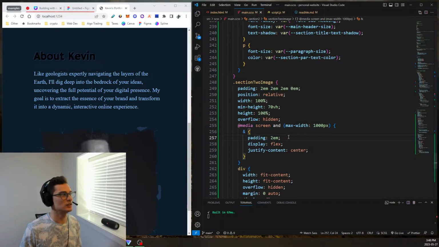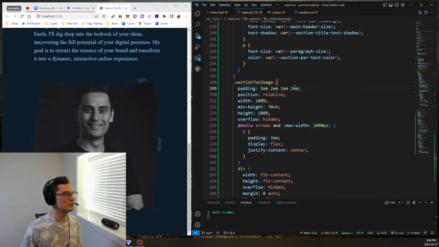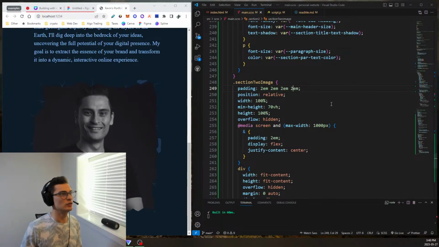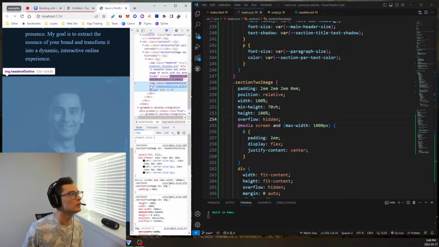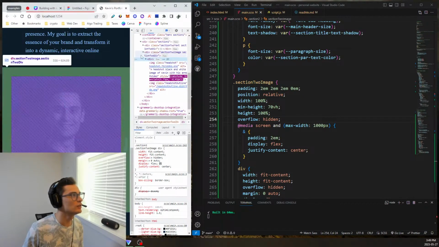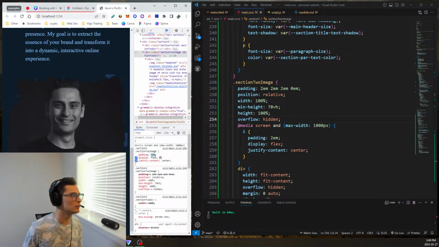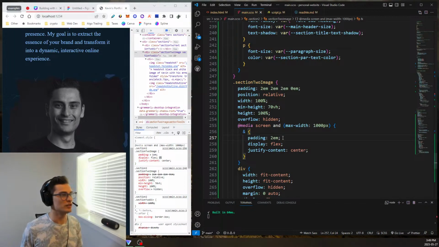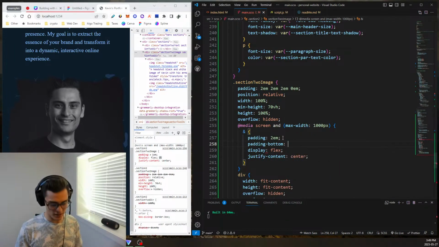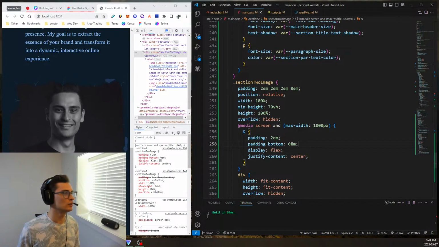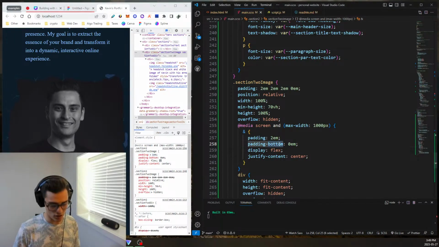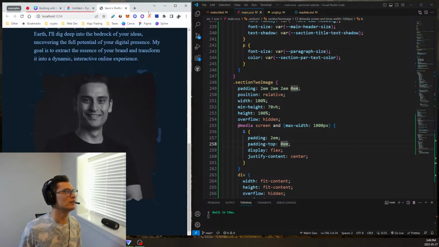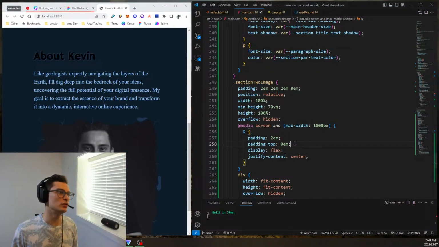Oh, that's going to be like that all the time. Or we're going to go like this. Nope, that didn't work. What did we do last time? It was this here. No, it was this here. Okay, it was this. So if we do padding bottom as 0, oh, it's the padding. Okay, so padding top. There we go. Oh, now it has that. Okay, so